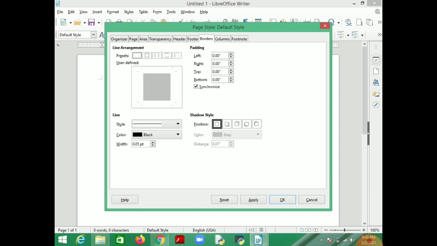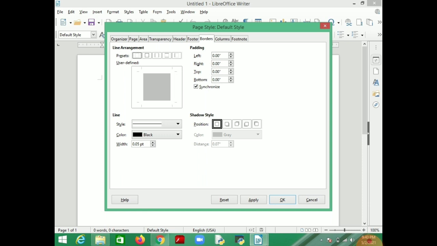In this you can go to the Borders tab and select a border for your page. Presets is without border, and we are now using without border. You can select different borders for your page, on all sides, or on vertical sides, or on top and bottom, or on one side. You can also choose different line styles.